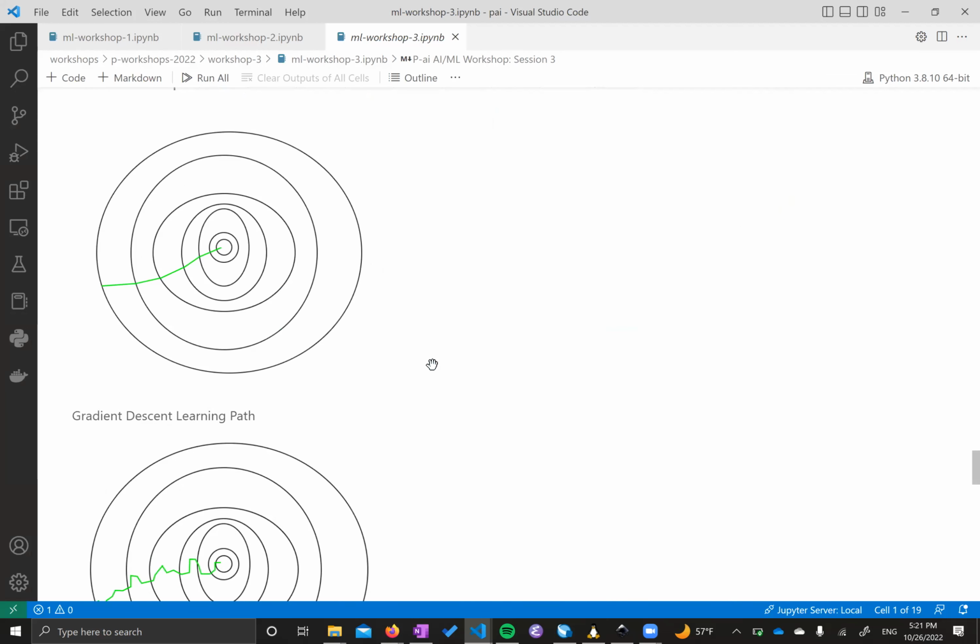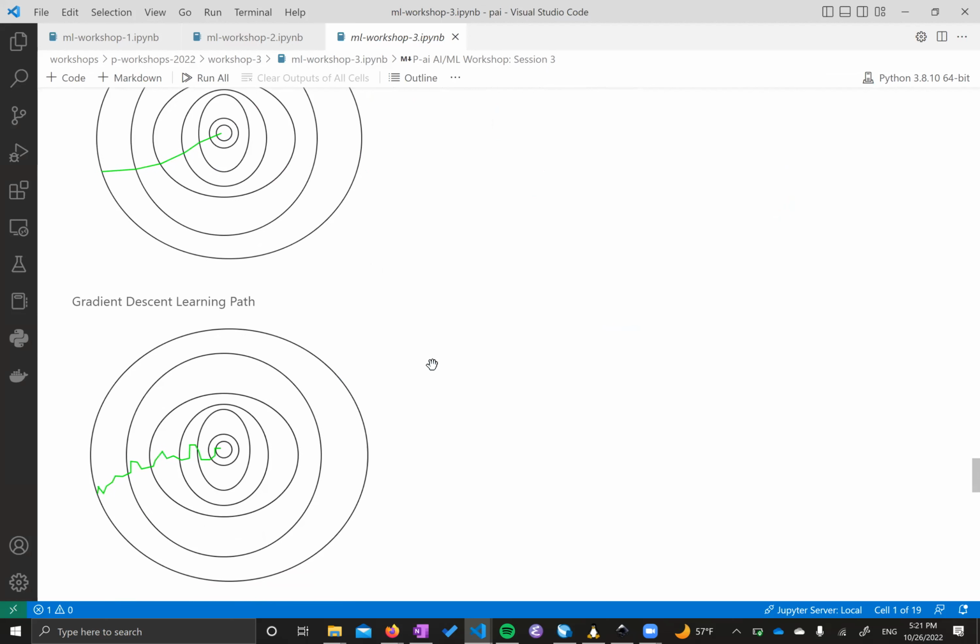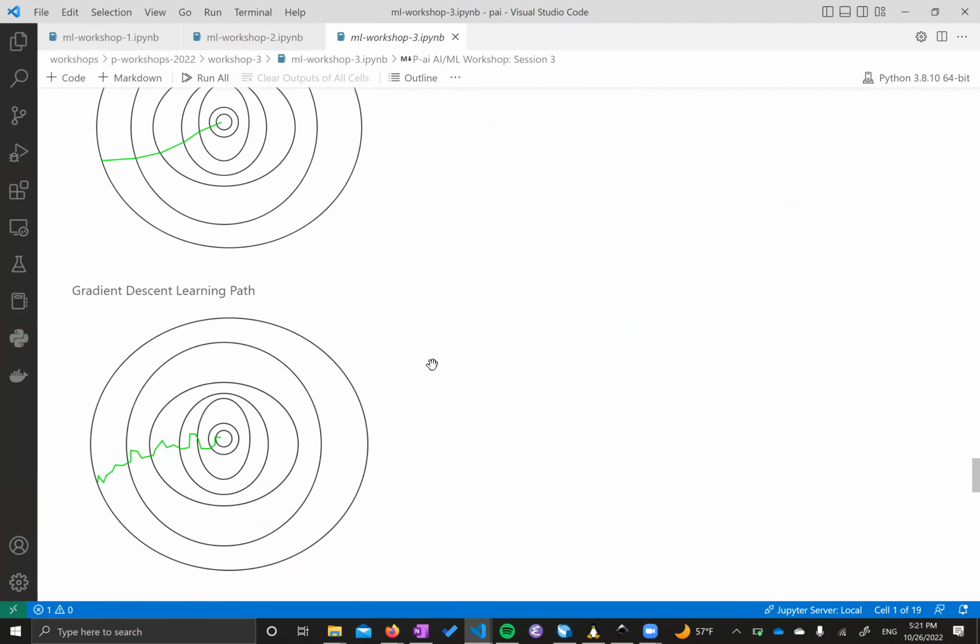So a sort of visual comparison is of how gradient descent might look. Let's imagine we're taking a bird's eye view from one of the troughs, one of the valleys, and this eyeball looking thing in the center is our point of minimal error. Regular gradient descent, where we sample every data point, will follow a fairly straight curve because by looking over so many data points in each iteration, we smooth out a lot of the skewness and the stepping that might occur if we do stochastic gradient descent and only look at small batches of